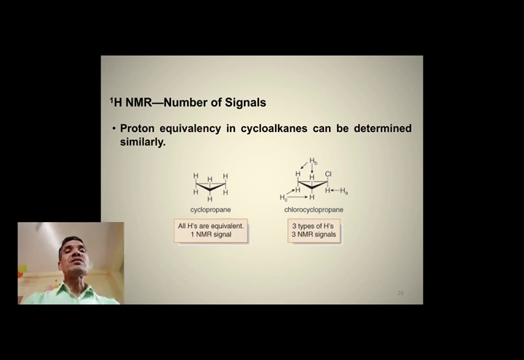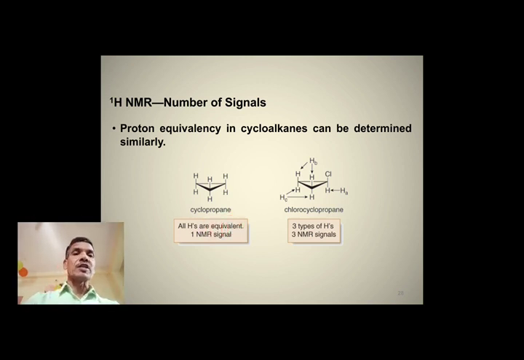But all these 6 hydrogen atoms are orienting in different planes. 3 are lying above the plane, while 3 hydrogen atoms are below the plane of the cyclopropane ring. As all these hydrogen atoms have the same chemical environment, they are chemically equivalent and show only one